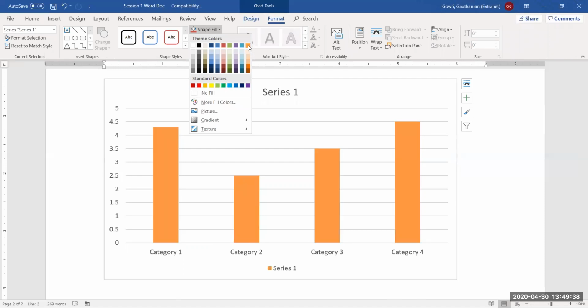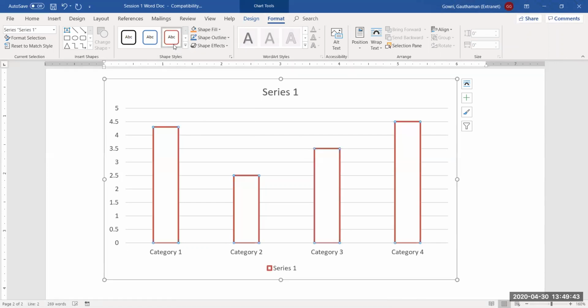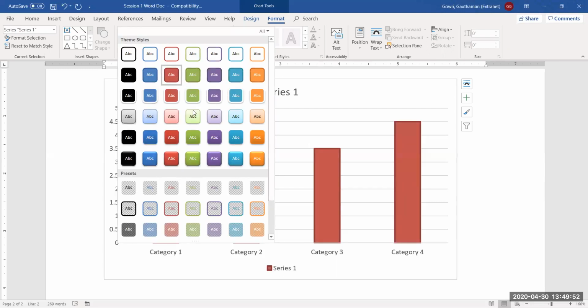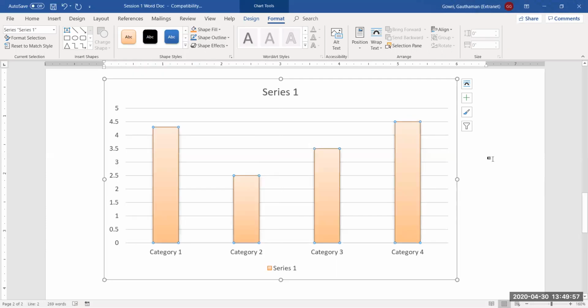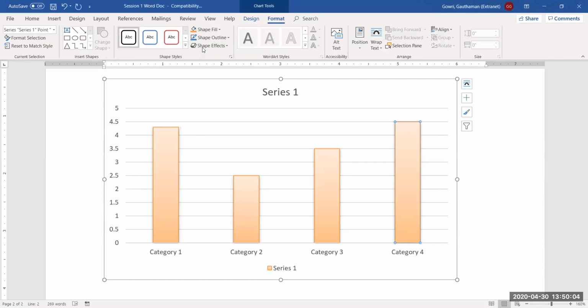or orange, let's say. See, it's your choice how you want to display it. You can also choose from shape styles that are available here. So you can also display your chart like this. It all depends on what you are trying to show, how exactly you want your chart to be displayed. You can choose from there and customize it. From these options, shape styles, and all the options available here, you can choose how exactly your chart is